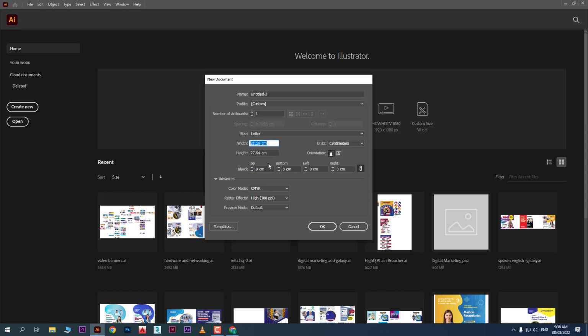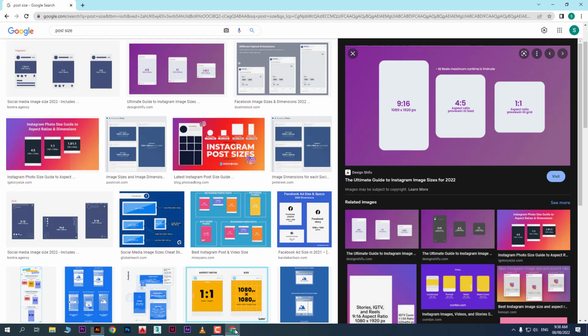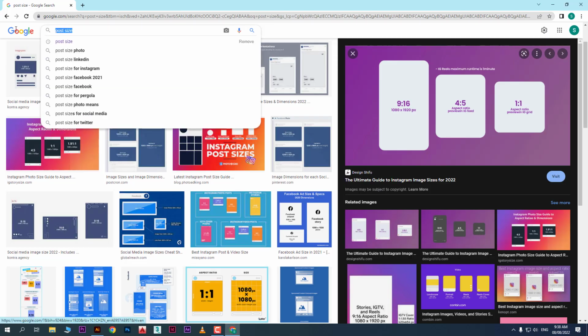You can do calculations here also. You can divide it into 2 by 2. If you want to divide the width by 2, you can do some operations here also, so it will be converted like this. If you want to make a half, but we are beginners and we don't know the size, we can go like this and type